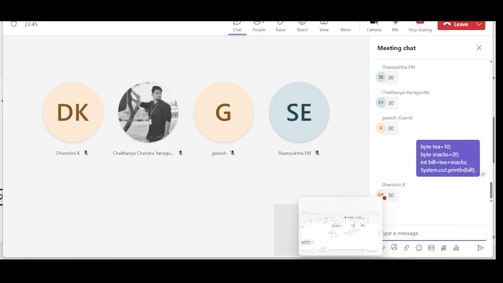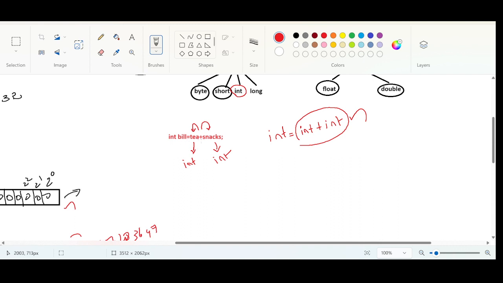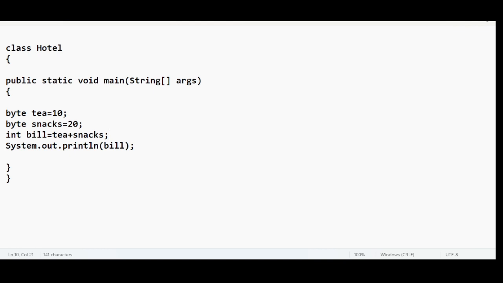Exactly, it's 30 because of the same thing. Why 30? Very simple: tea plus snacks. Even though the variables are declared with byte data type, the resultant value is going to be what? Int,